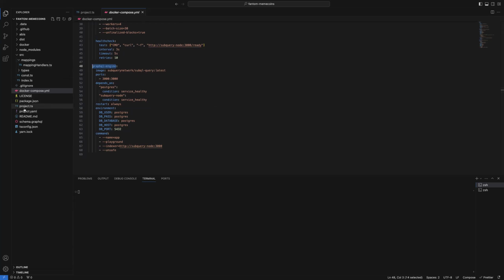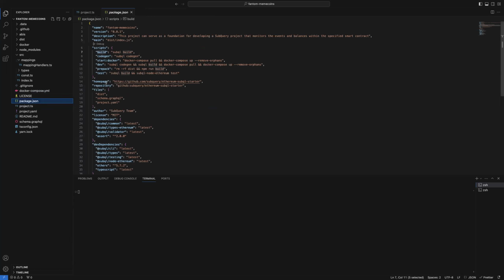So the simplest way to run is to run this script called dev. Essentially, it's just three sequentially executed commands: code generation, build, and Docker compose.